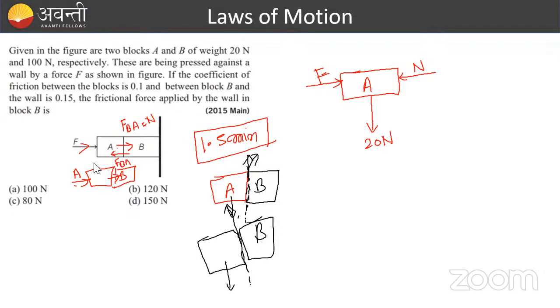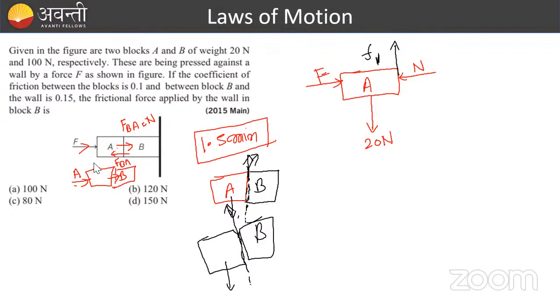Because friction acts opposite to the direction in which it has a tendency to move, right? So it has a tendency to fall down, so friction force will act in the upward direction. So again, here write F1. Done. Again, if A is experiencing a friction force of F1, it will also experience the reaction of this friction